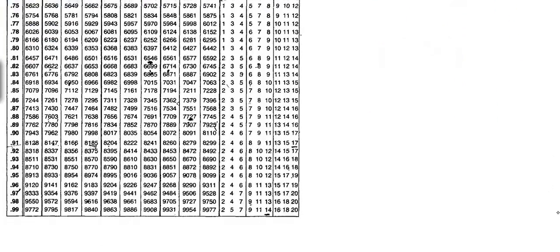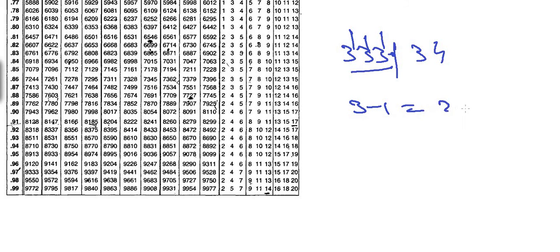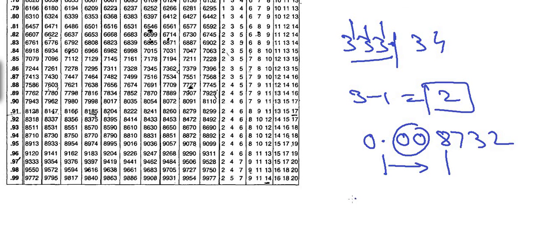Let us revise how we find a characteristic one more time. If the number is greater than 1, let us say 333.34, then count the number of digits to the left of the decimal. There are 1, 2, 3 digits. Subtract 1 from it. That gives us the characteristic. What about a number less than 1? If a number is less than 1, like 0.008732, count the number of zeros to the right of the decimal, between the decimal and the first non-zero digit. There are 2 zeros over here. Add 1 to it and make it negative, like bar 3. So this is how we find the characteristic of a number greater than 1 and a number smaller than 1.